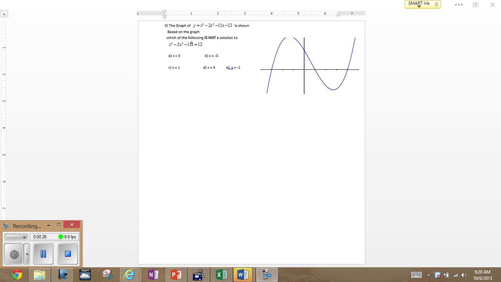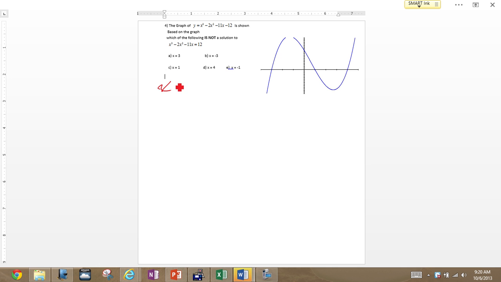It's multiple choice. It simply says the graph of this polynomial x cubed minus 2x squared minus 11x minus 12 is shown. From the graph, it's asking which of the following is not a solution to this equation. Now, this equation, of course, is basically the same: x cubed minus 2x squared minus 11x minus 12 is equal